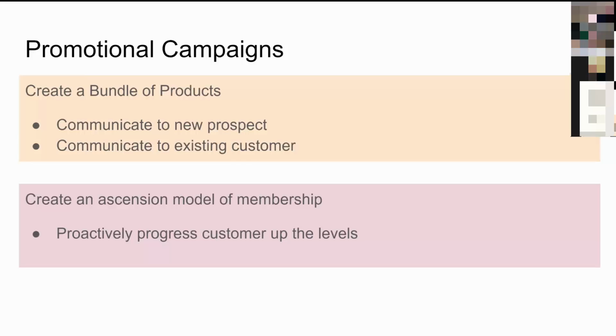There are a group of buyers. If you can find them, they're brilliant. About 5% of your customers will buy anything and everything that you sell. So if you invent a new level, they'll just upgrade to it.